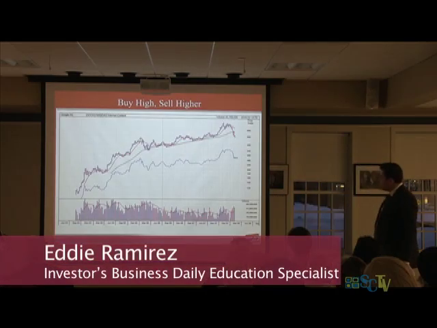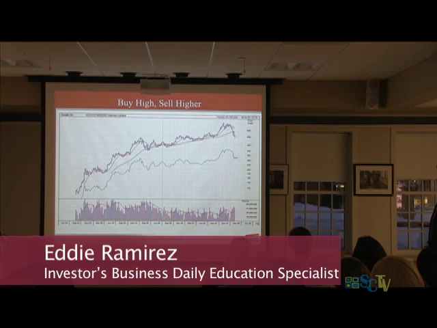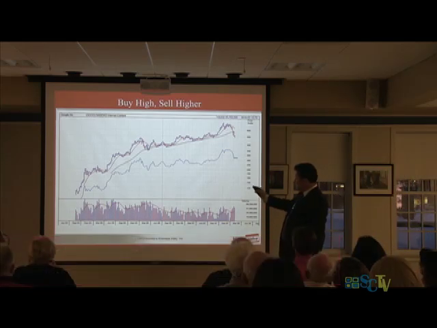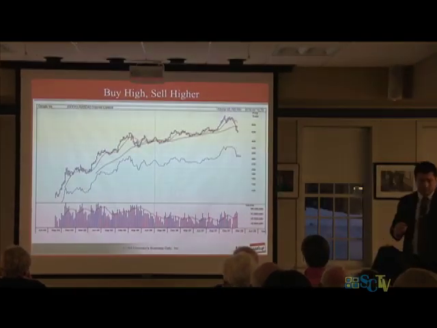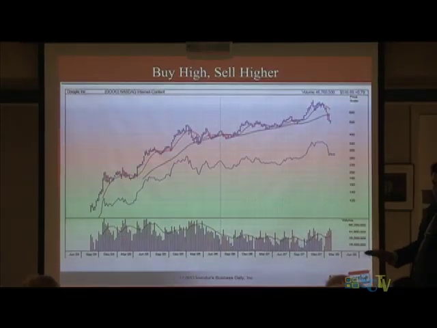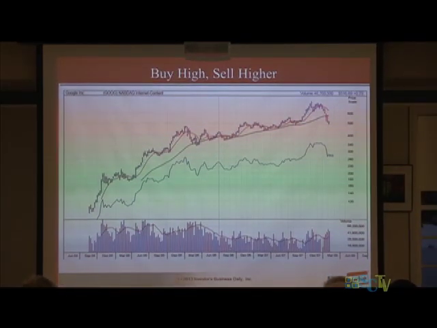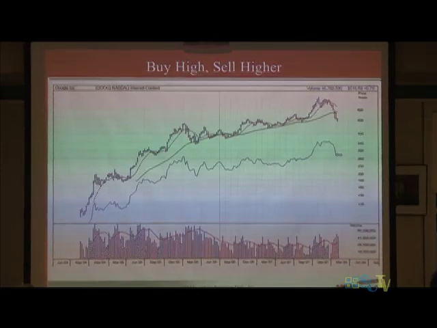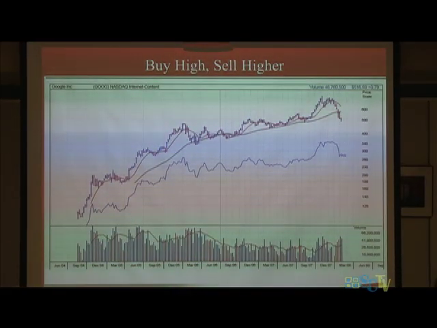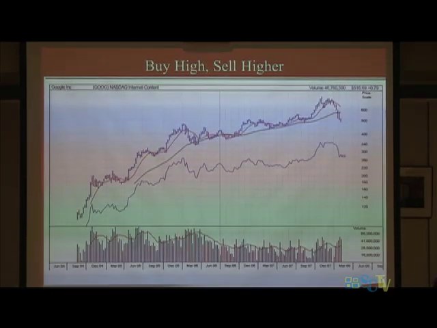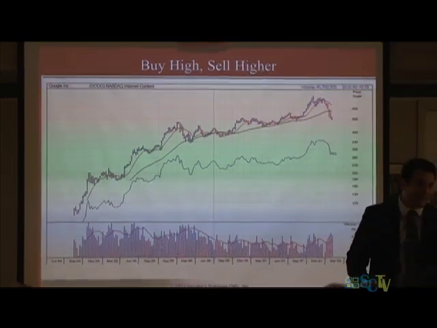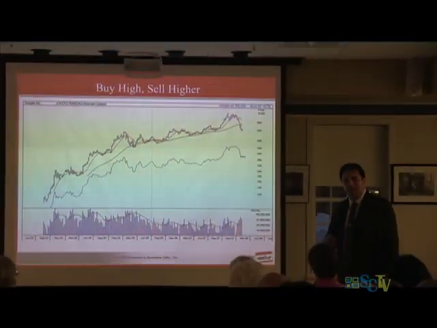So to illustrate my point, do I have any IBD subscribers in here? I should ask. Yeah. So some of you may know, but this is your basic IBD chart. Bear with me, I'm going to describe what we're looking at here. The chart's pretty straightforward. It's pretty simple compared to other charts. There are not a whole lot of indicators on this chart. We've got simple price, we've got simple volume. We don't really use stochastics, Elliott wave, MACD. We like to keep things very simple.